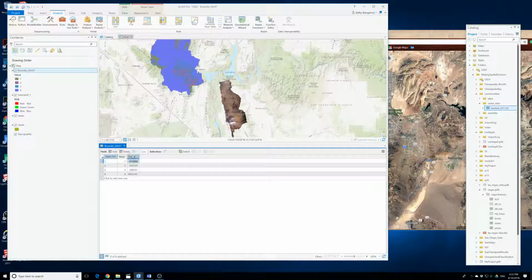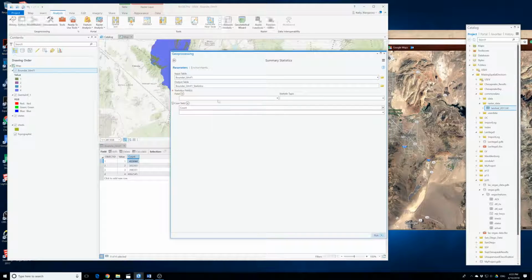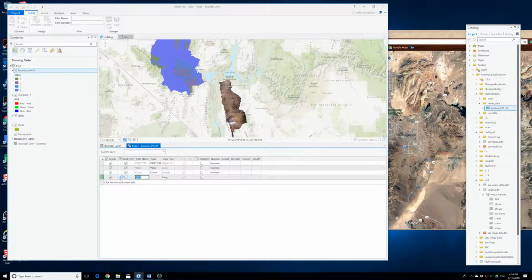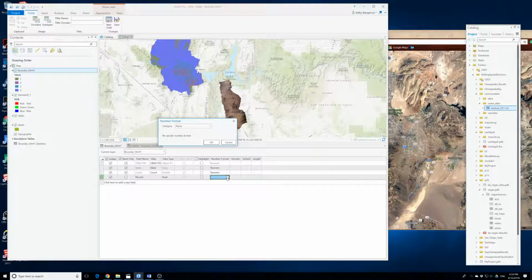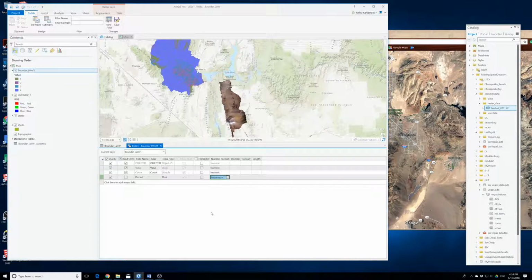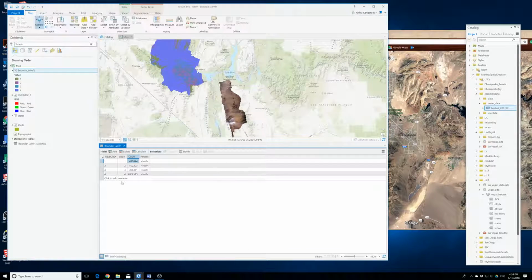Let's see. Open attribute table. I'm gonna summarize it. I could summarize it, and then this will be count. It will be sum. Okay, now I have it. I'm going to create a new field. Add a field called percent. Okay, and then it will be float percentage, and change here into 1. Click OK and save. Now I could calculate it, so nothing happens here this time, but I need to write